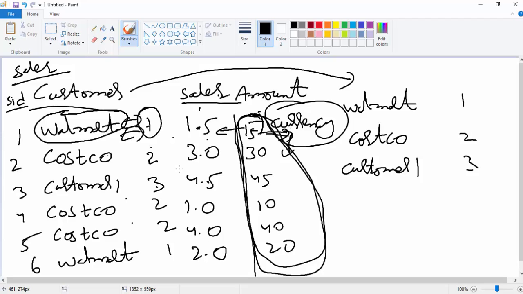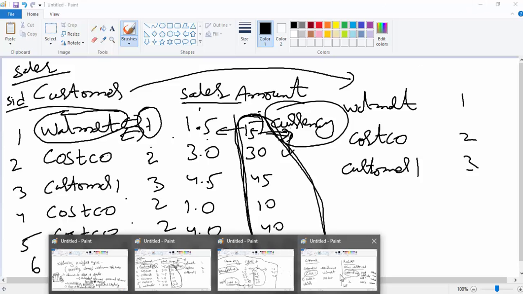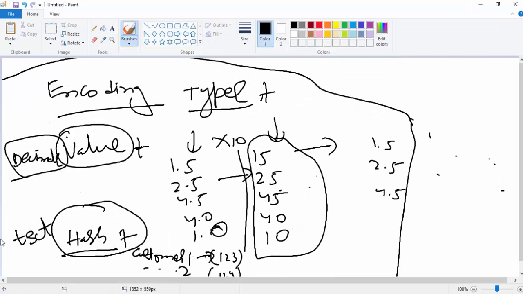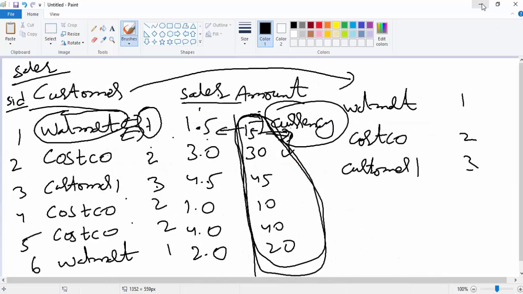It will convert the existing data, depending on the requirement, as a value, that is the value encoding type, and it also converts the text types with hash encoding. Okay, so we are good with this, and we are going to create a sample model